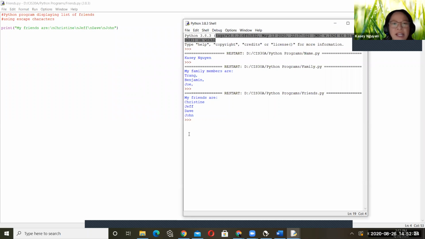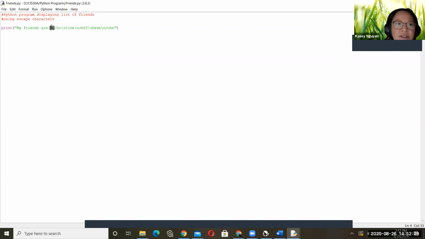So what I did here was I put the \n here to separate Christine from "my friends are", and \n here to make it a new line. So Jeff is going to get dropped to the new line, and Dave is going to get dropped to the new line, and John is going to get dropped to the new line. So when I run this,